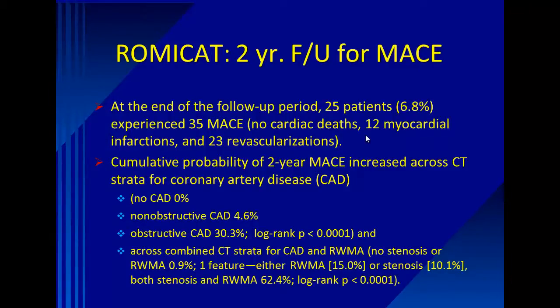The 2-year follow-up study, which was performed by the same centers, looked at outcomes. At the end of the 2-year follow-up, there were only 6.8% of the patients who experienced MACE. Okay? 12 had no events, no cardiac deaths, 12 had MIs, and 23 revascularizations. So the cumulative probability of MACE increased across the strata of cardiac CT. So if they had no disease, they had no events. Non-obstructive disease, very low rates of events. Obstructive disease, the highest. And across all of the CT data that they collected was not only whether they had coronary disease, but did they have regional wall motion abnormalities. That seemed to have a rather predictive